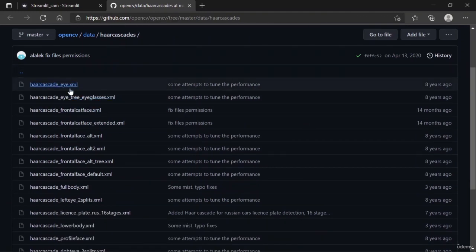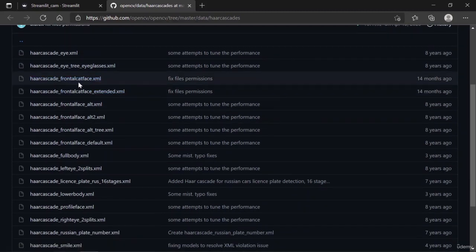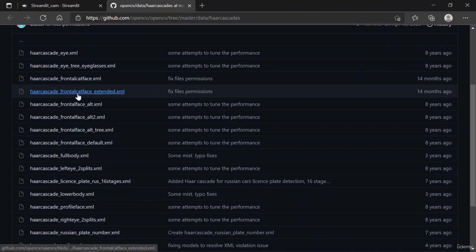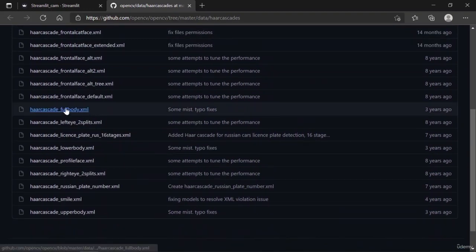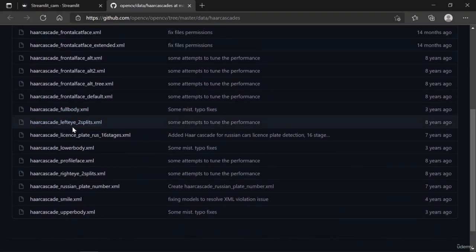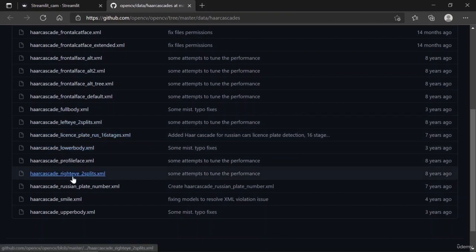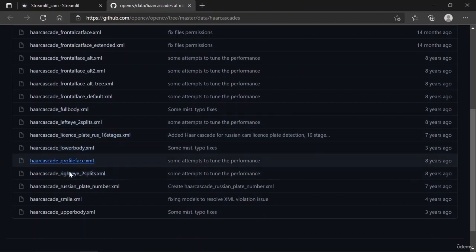If you look carefully, there's Haar cascade eye, eye or eyeglasses, frontal cat face, frontal cat face alternative, full body, left eye, two splits, license plate, lower body, profile face, and there are so many other XML files.